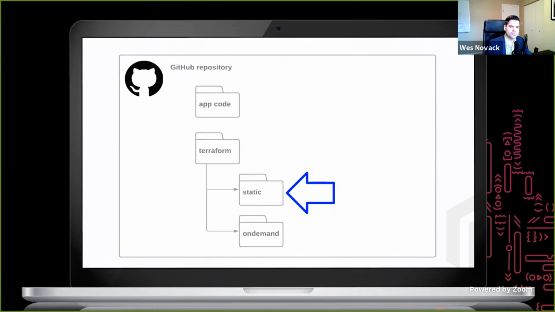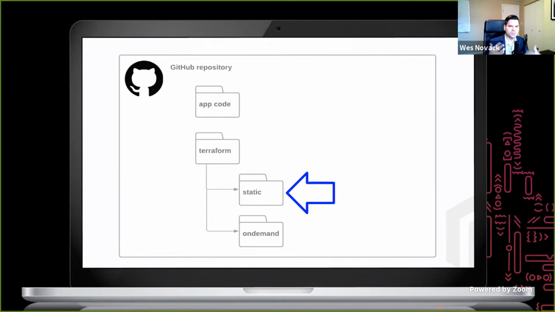One of the reasons for this pattern and splitting it out is that there were a lot of different permissions that we needed to enable to create some of these objects in the static directory. So we create things like a Vault role and things like a Kubernetes namespace. And we didn't necessarily want to figure out how to inject all of those different permission sets and credentials into our Terraform Enterprise workspace where those remote runs happen.